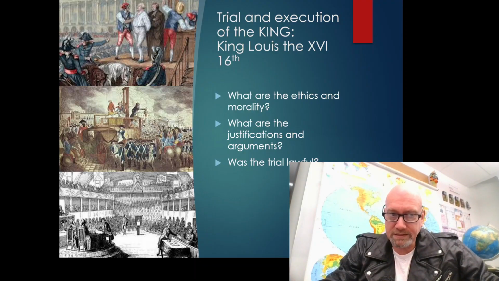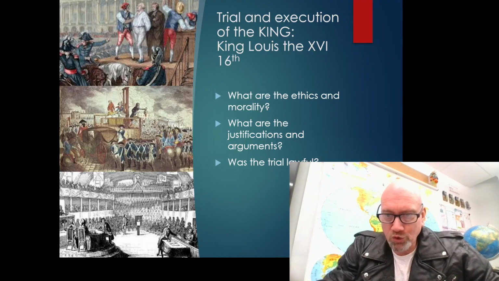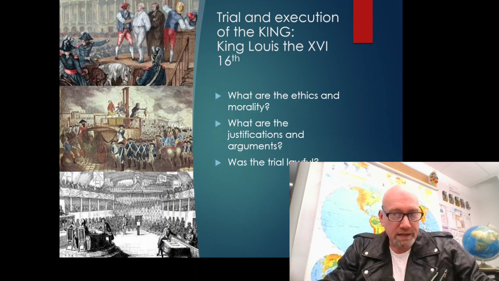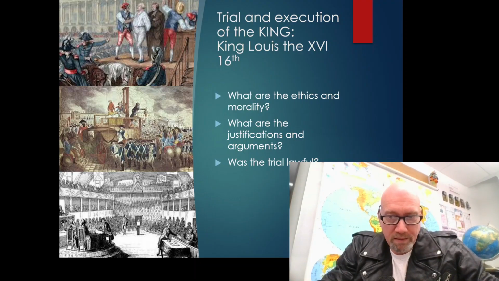Pause and discuss. Can a king be put on trial for treason? Can a president be put on trial for treason? Pause and discuss. Should a prime minister or president be subject to the laws of the land and be able to be arrested and put on trial for their actions? Or should they be immune from prosecution while they are president or prime minister? And should they be immune from prosecution after they finish their service in office for a crime they committed while they were in office?